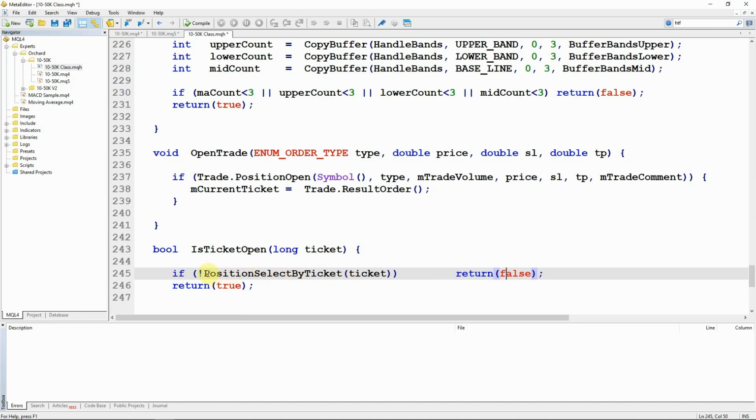I could have simply returned position select by ticket, but I've chosen to do it this way because there might be a little bit of flexibility I need later in testing the values. But assuming that was successful, then I'm just going to return true. Now I'm not testing here to see if the ticket is still open, because positions in Metatrader 5 are open. Once a trade is closed, there is no longer a position to select.